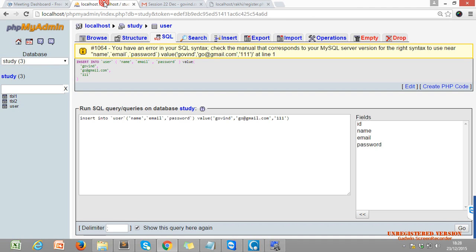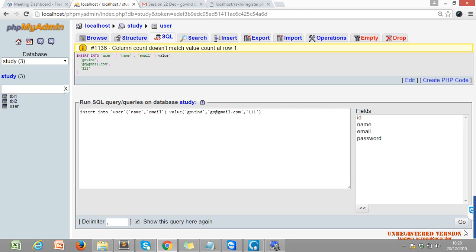It will show you whether your query is correct or not. Click on OK. Column count doesn't match value count at row 1, means you described only 2 columns but you are using 3 values, so that is wrong. So our MySQL just gives you the error. Sometimes it doesn't give you an error, so you have to check manually.